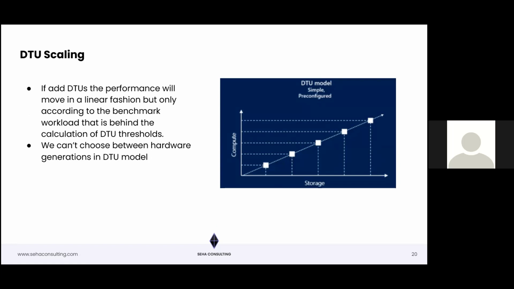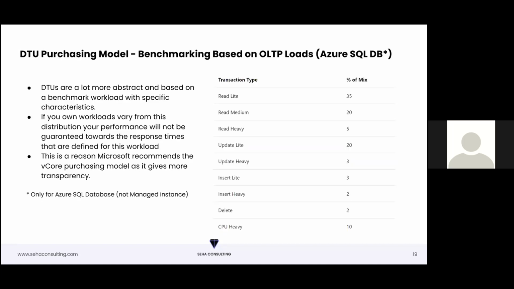This is not really a recommended method of picking your environment. And specifically for analytics workload, the reads and writes they vary,